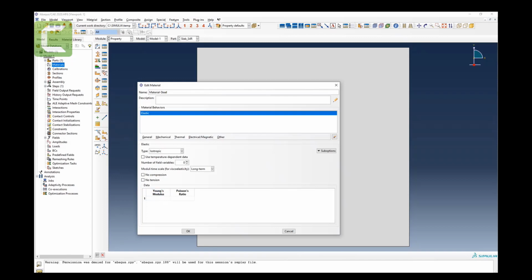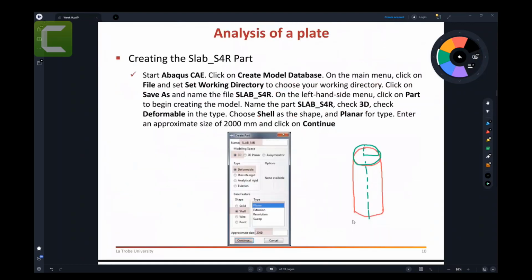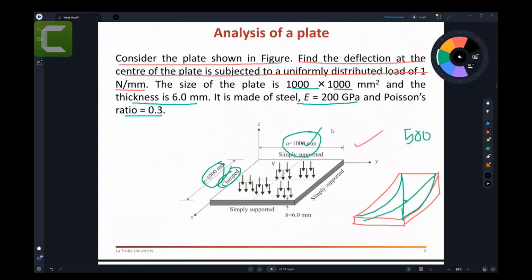So now, in our example, we have been given 200 gigapascals. You can see that this is given here, Young's modulus 200 gigapascals. Now let's check the units. Young's modulus is given as 200 gigapascals. Now we have